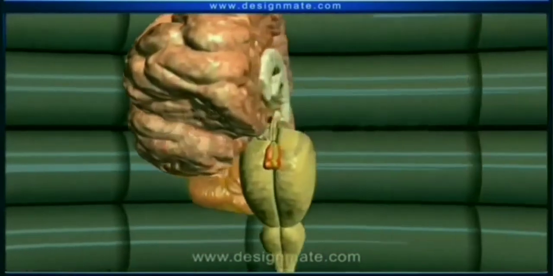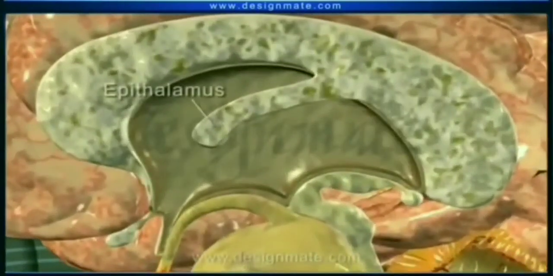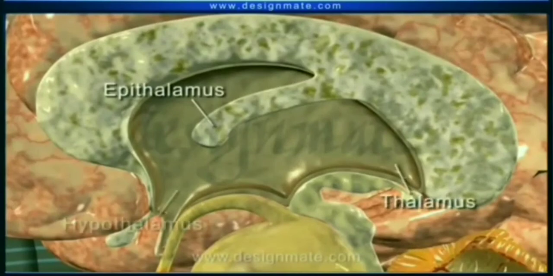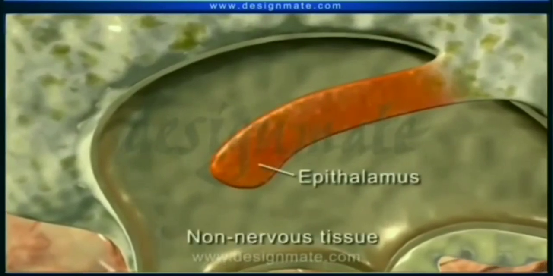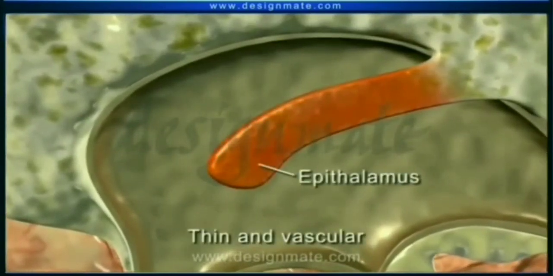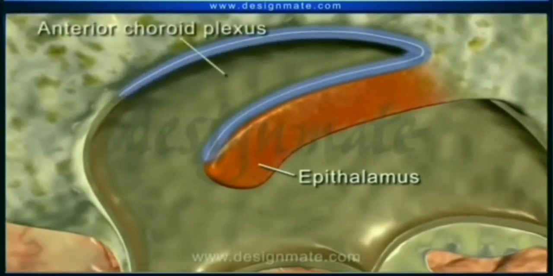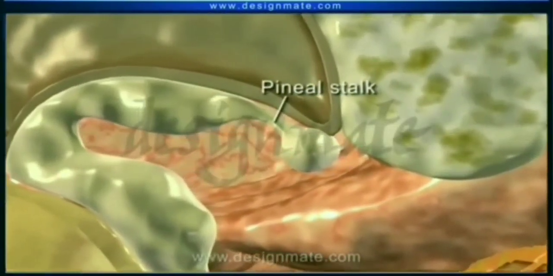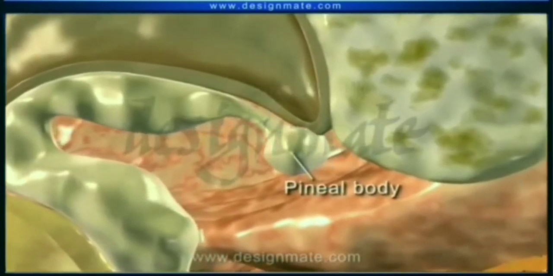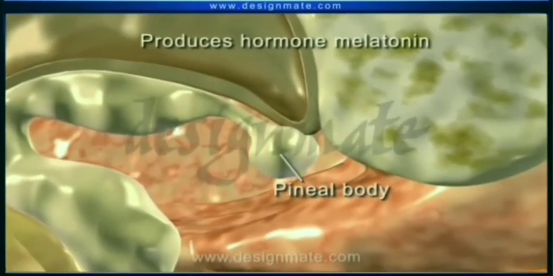Diencephalon or Thalamencephalon. It is the part of forebrain that contains epithalamus, thalamus and hypothalamus. First we'll talk about epithalamus. It is the thin non-nervous roof of diencephalon. Anteriorly, it is fused with the pia mater to form the anterior choroid plexus. From its dorsal wall, it is connected to the pineal gland through a pineal stalk. Earlier, this gland was thought to be vestigial, but later it has been found to produce a hormone, melatonin, that